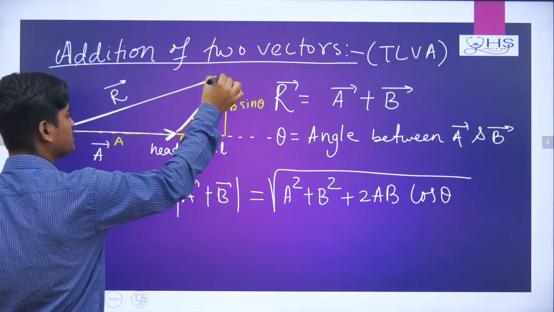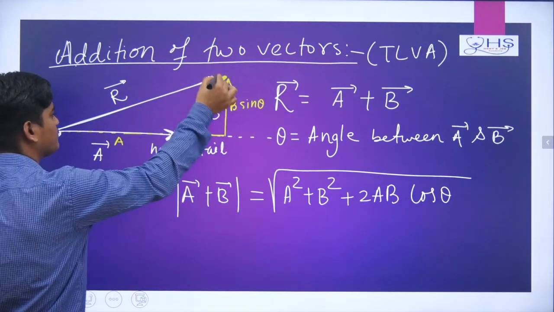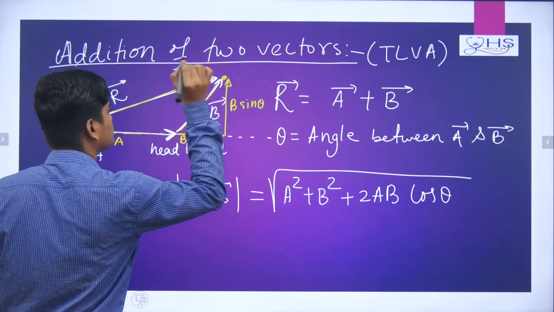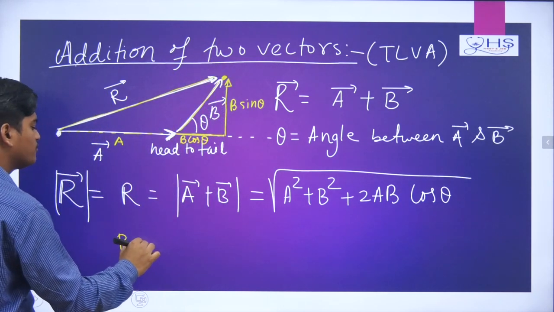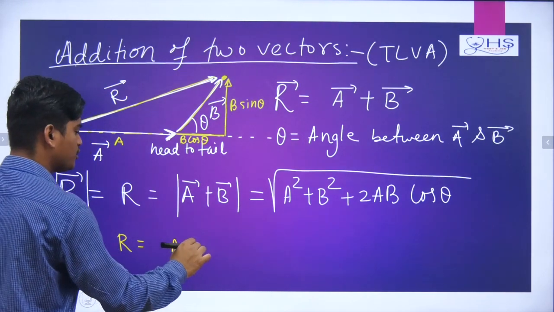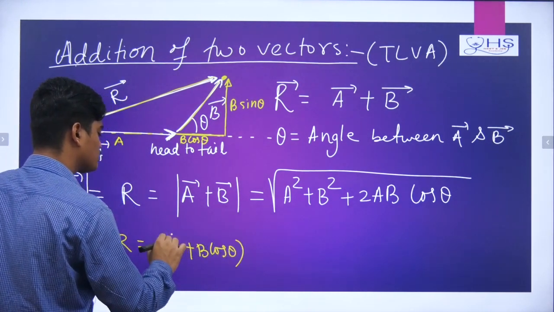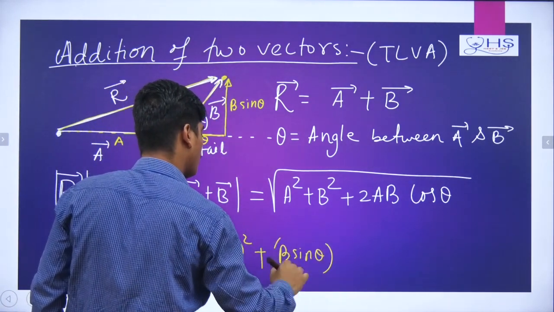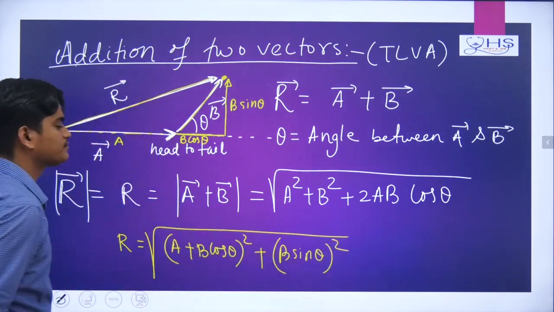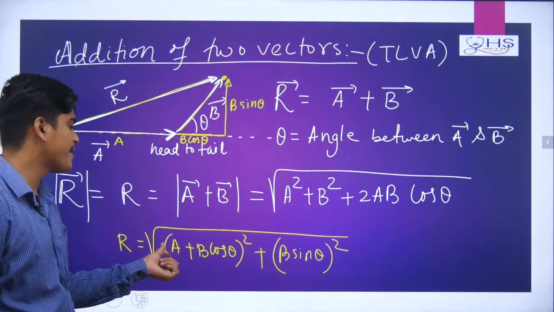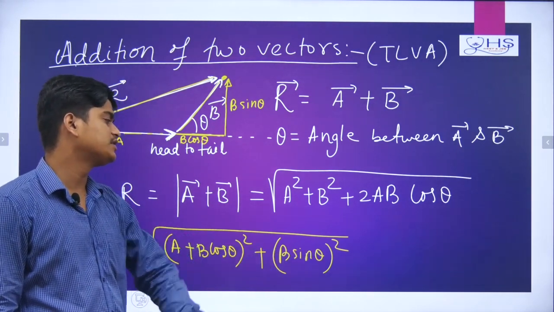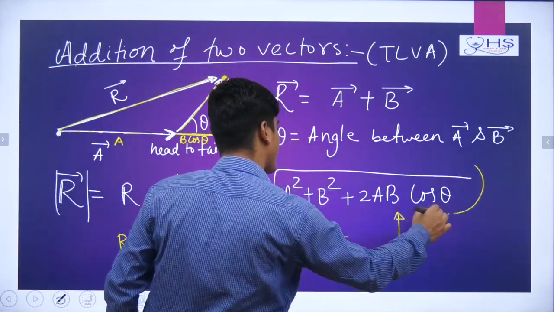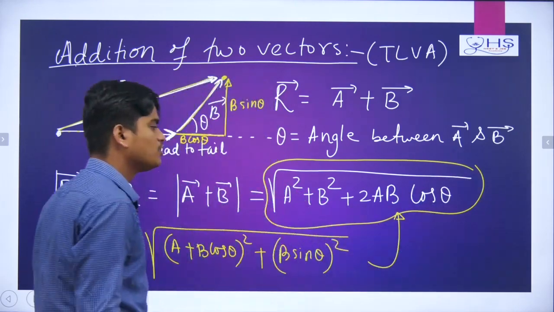Okay, now R is joining here, so everything is joining here only, and these all are forming a triangle. Now see here, the R vector magnitude is what? R. Now if I need to find R, how do I find it? I have to do it this way: the square root of A plus B cos theta whole square plus B sin theta whole square. Understanding? Now you calculate this one. It is A plus B cos theta whole square, and B sin theta is there. If you calculate this, the result will be the square root of A square plus B square plus 2AB cos theta.